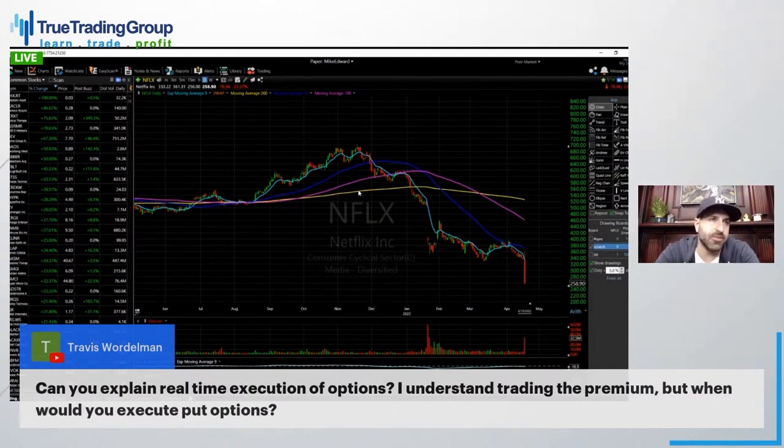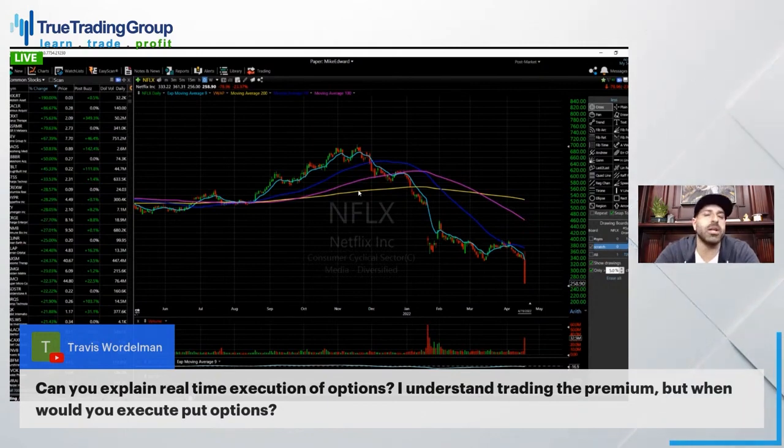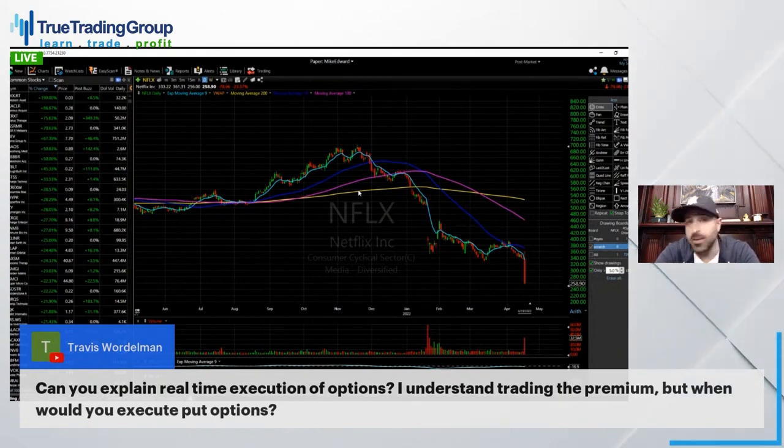So if you bought, let's say, for example, April 22nd expiration, $320 strike put options on Netflix today, and you still own them on April 22nd when the market closes, that option is going to expire. Now, obviously, it will expire in the money. If the option expires in the money, which means the stock is below the strike price of your put option,